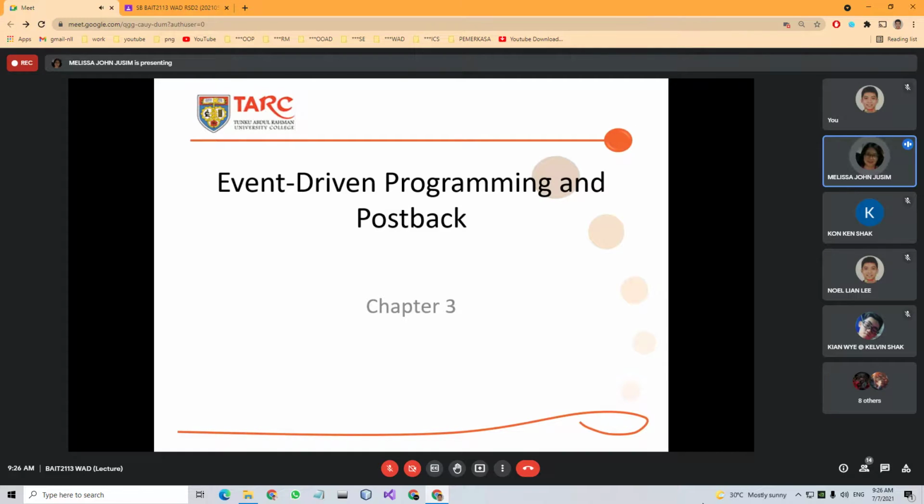Today, we're going to cover two major things. The first one is event-driven programming, and the second part is postback. Remember, so far we have learned how to add server controls into our web forms, and the next question is what happens after clicking the submit or cancel button.